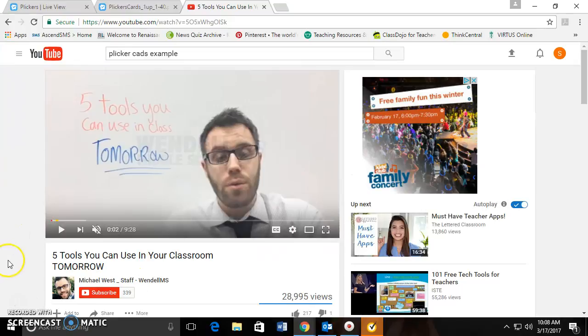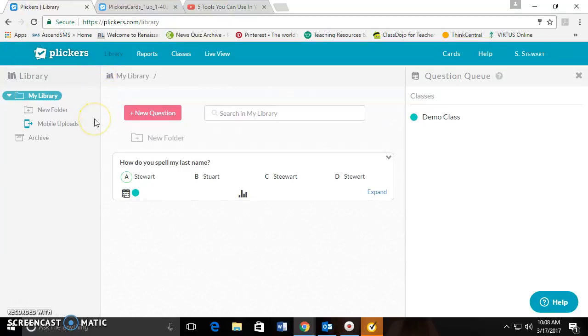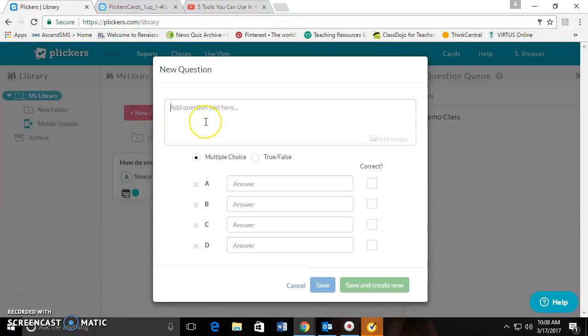Okay, and now for a very important part, I'm going to show you how to make questions. So you go back to your library, and for those people with multiple blocks, you can add folders, so first block, second block, third block, whatever, and that can help with differentiation because you can have different questions for each block. So if I want to make a new question, I would just choose new question,